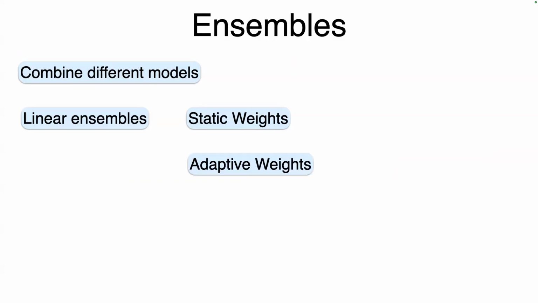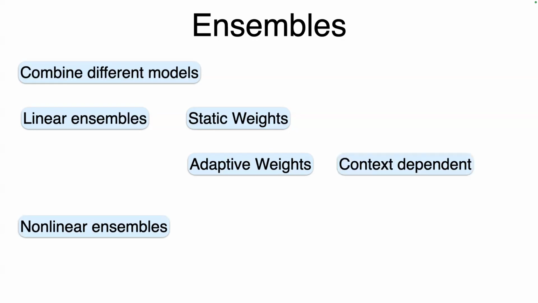So the next thing you can try is to look at ensembles. You have different estimators, like we mentioned a few, and you can combine different models. You can try to combine them by a linear ensemble with static weights, so give one model some probability, 20%, another one 30%. Or you can do adaptive weights that are related to some features of the distribution. And you can also look at non-linear ensembles. That's what I'm going to talk about now. So first, let's talk about the fixed weight.